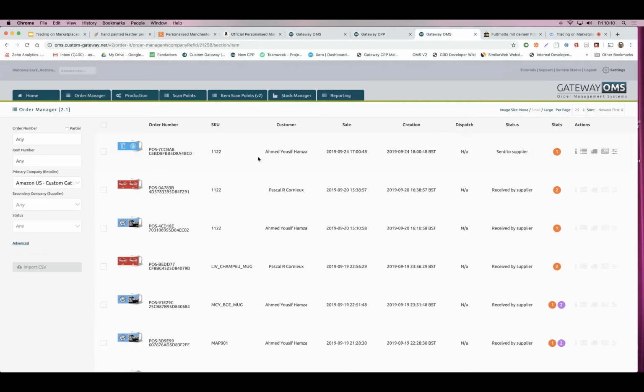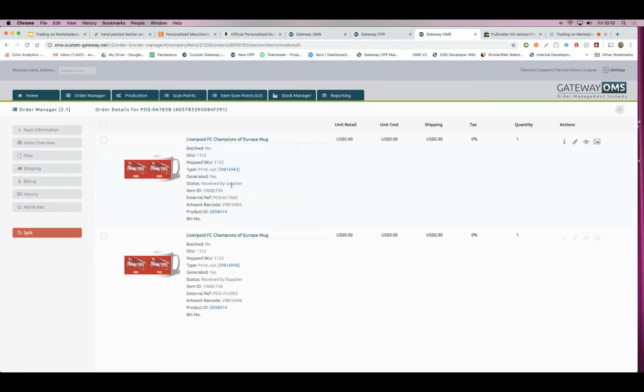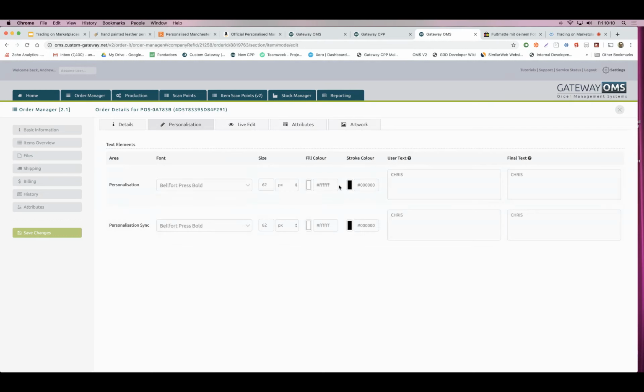Let's go on to there. So here are some orders that have been automatically collected from Amazon. And if I go into those orders, I can see here they're for a football mug. But if I go and look at that there, it shows me that those are the two text fields